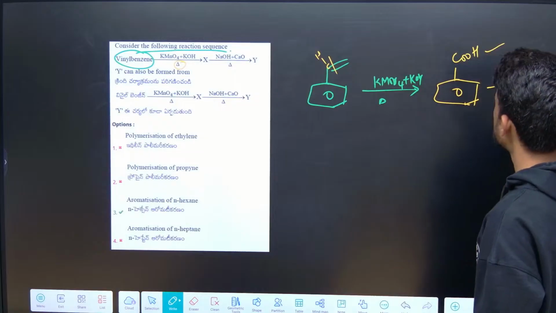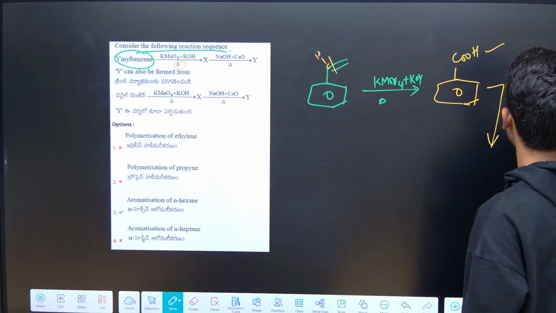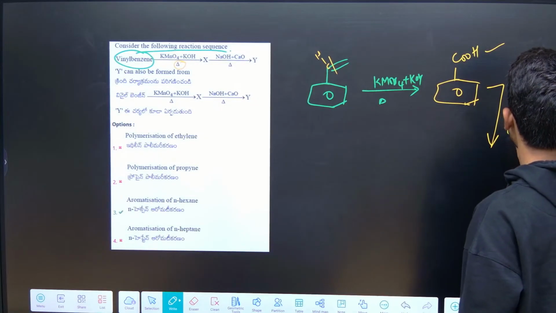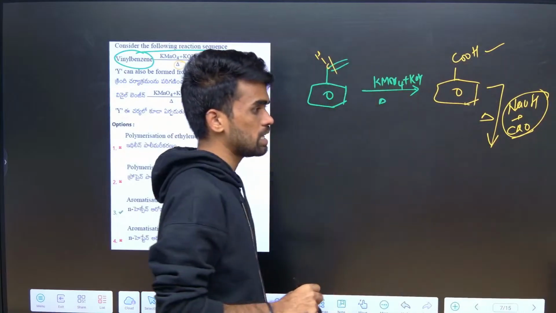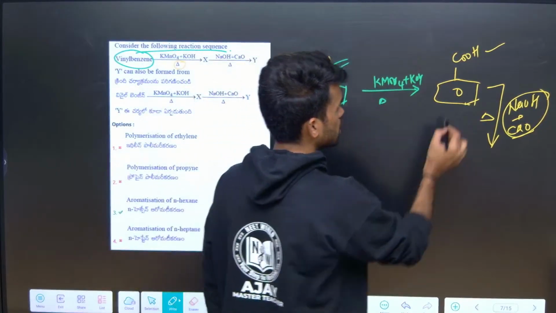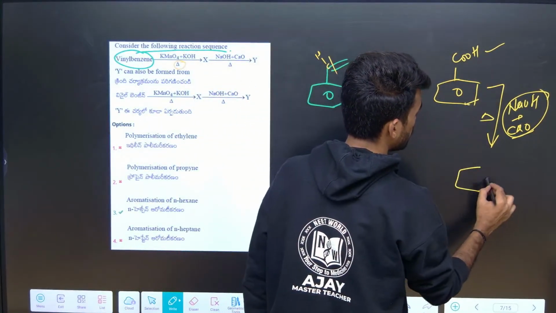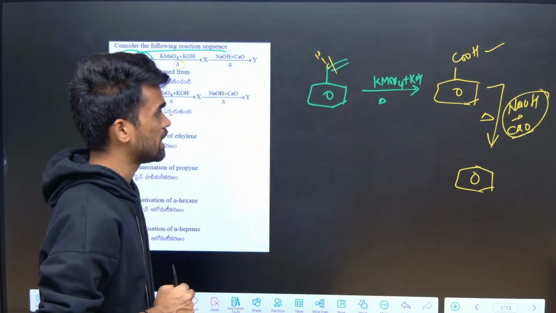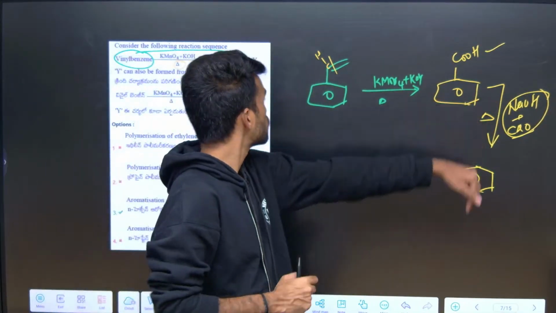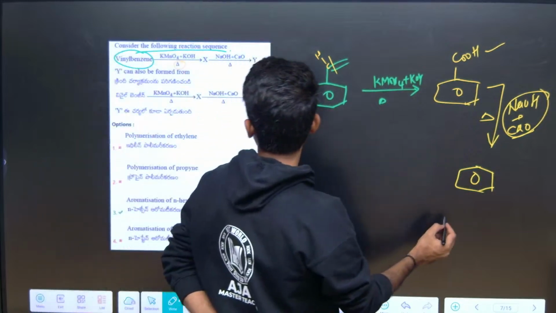So COOH upon treating with NaOH plus CaO. So what is this NaOH plus CaO mixture? This is a decarboxylation reaction. It means the CO2 group from benzene will be removed and forms benzene. So decarboxylation takes place with this soda lime. After this is our Y. So what they are asking here,